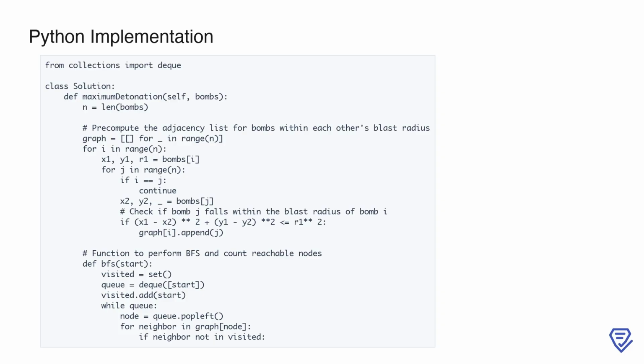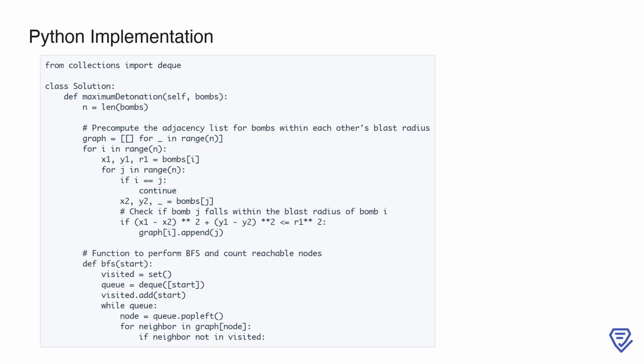Next, we iterate through each bomb using a nested loop. For a given bomb i, we extract its coordinates and radius, and then compare it with every other bomb j. If the distance between the two bombs is less than or equal to the radius of bomb i, we add bomb j to i's adjacency list. This is done using the distance formula, (x1 - x2)^2 + (y1 - y2)^2, and checking if it's within r^2. By the end of this step, we have a graph that maps each bomb to all other bombs